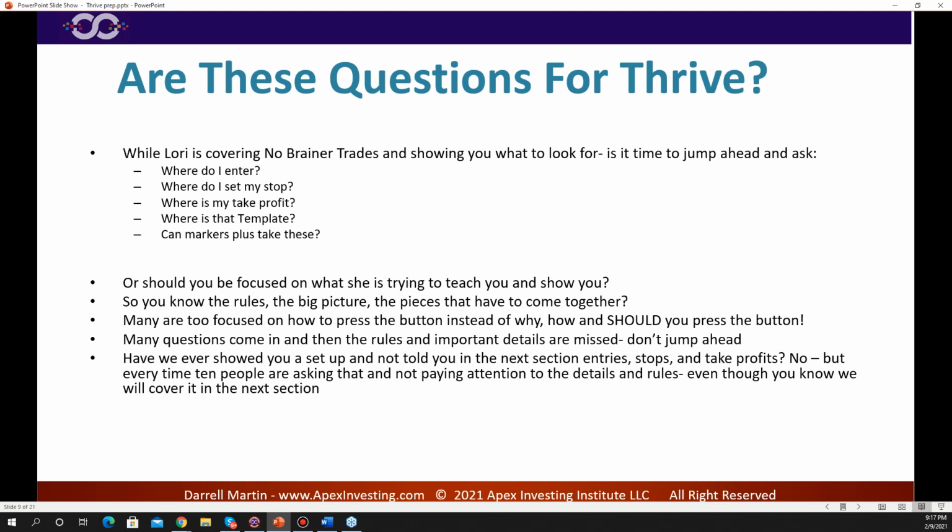But a lot of people get so focused on jumping ahead, they miss the meat of it. Okay? They miss the meat of it. All right? So, yes, if we're covering a specific,